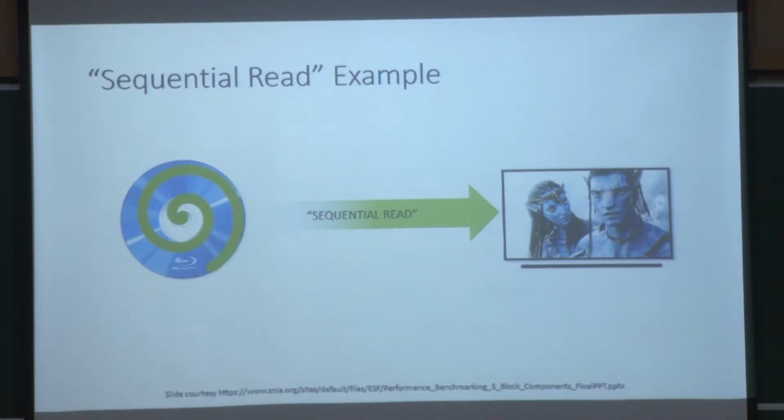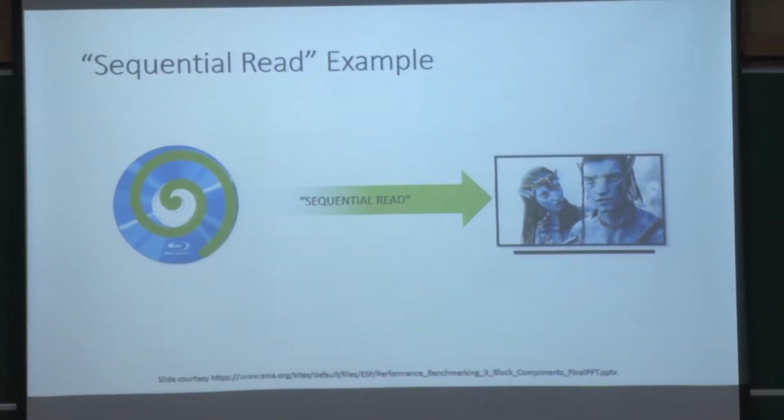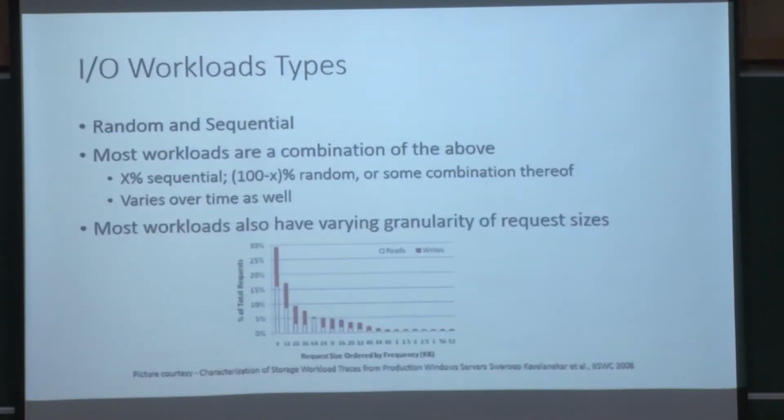Essentially, the reason why I'm mentioning these is if you understand the workloads and how the workloads behave, you get a feel of what type of device is better in what type of situation. If you understand what kind of access patterns my device is going to make, I can figure out which kind of device is going to be better for my particular case as well. Okay, so we've defined what random and sequential look like, but in the real world,